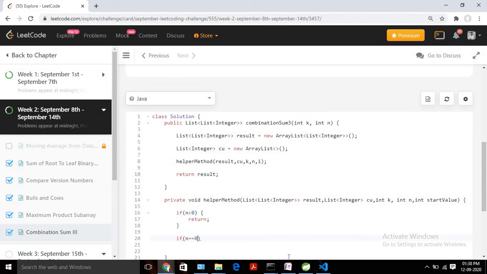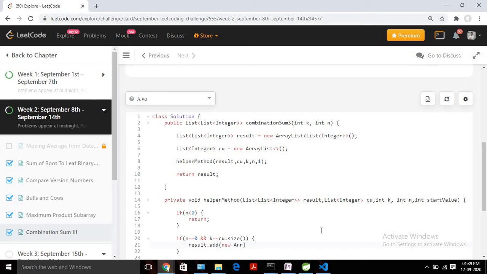If my sum is equal to 0, and I will check that the size is also equal to k or not, right? So if k equals our current list size, then we are going to add that in our actual result list, okay? So we should write result.add, and we are going to add this current list into the result list. Since in Java, lists and everything are references only, we need to create a new array list so that it will create a new reference. If I directly add it, then it will create problems later also, right? Because we are going to modify this current or temporary list again and again.